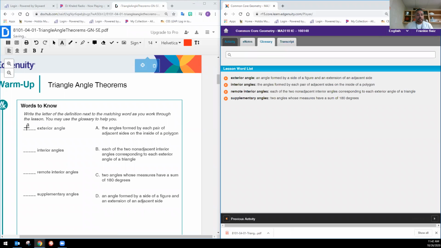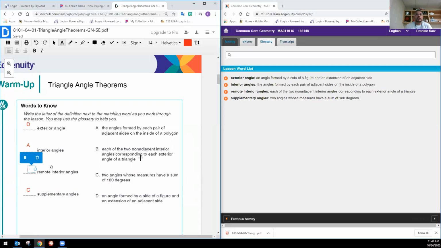This one is D. Okay, the interior angles, those are the angles formed by each pair of adjacent... Is that, yeah, that's going to be interior angles is A. And remote interior angles are the two angles whose measures have a sum... No, that's not it, because that's supplementary. This is C, because the supplementary angles are two angles that measure to have a sum of 180 degrees, and